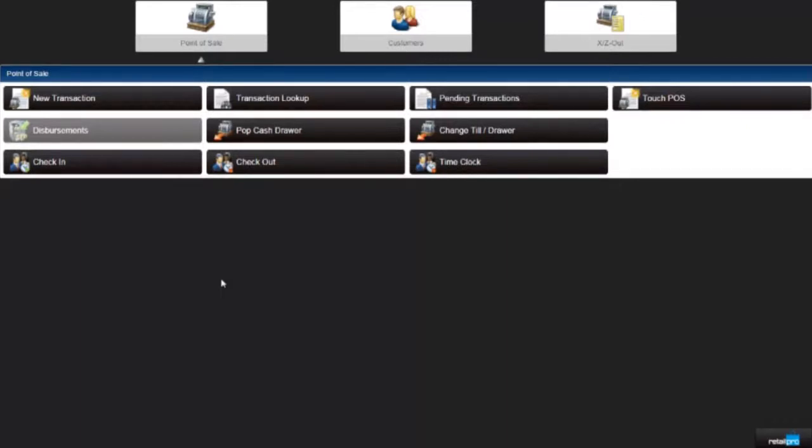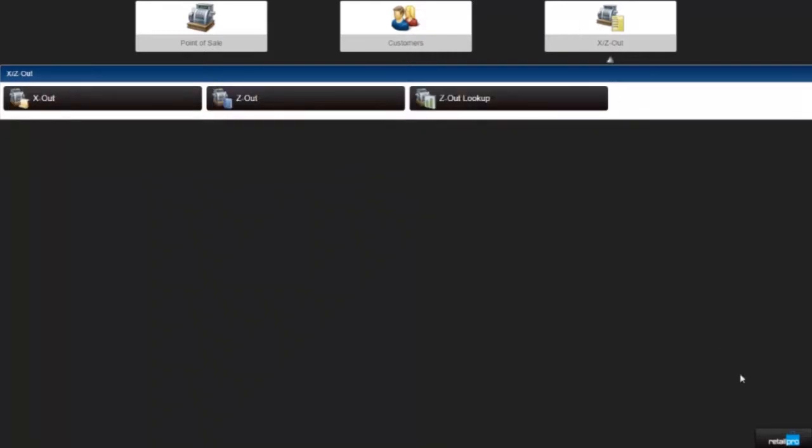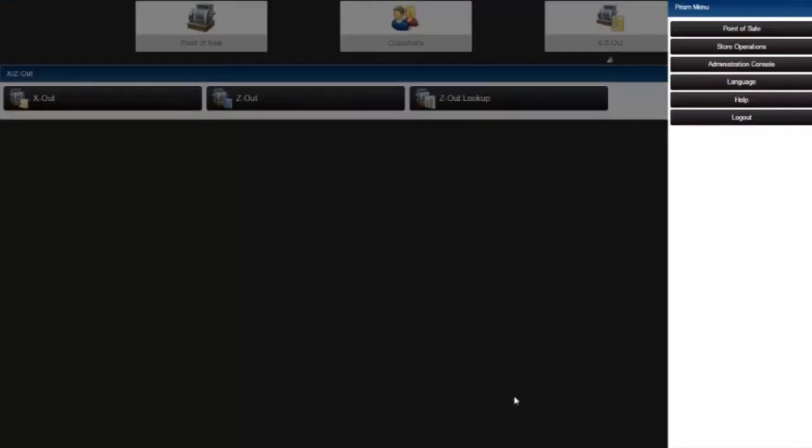And as you would expect, all the point-of-sale related features and functions are here: looking up transactions, looking up receipts. I added touch POS, so you guys can see touch menus, what you know as touch menus. Today, pretty basic here. Customer management, right? Now, if you go to the side menu here and hit the Retail Pro button, you can access the